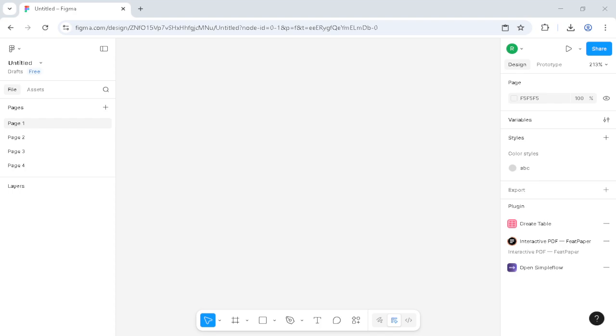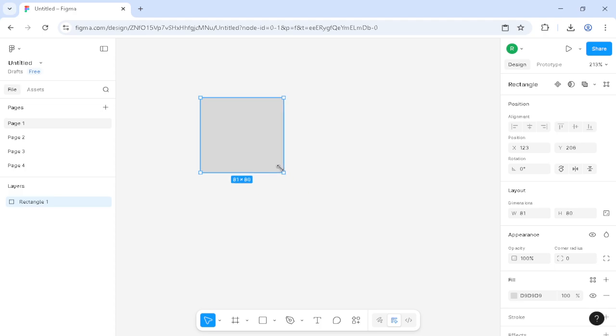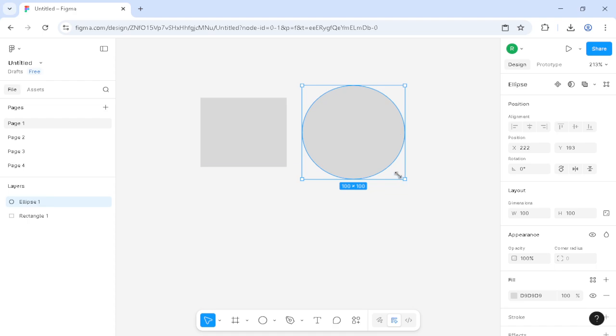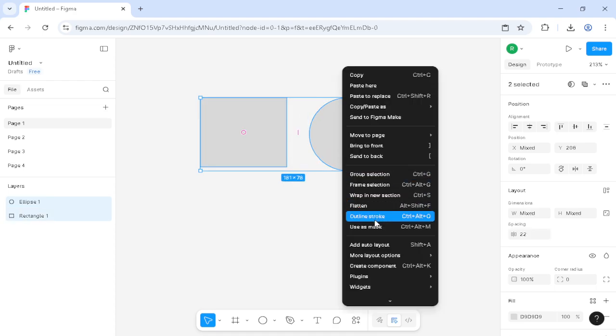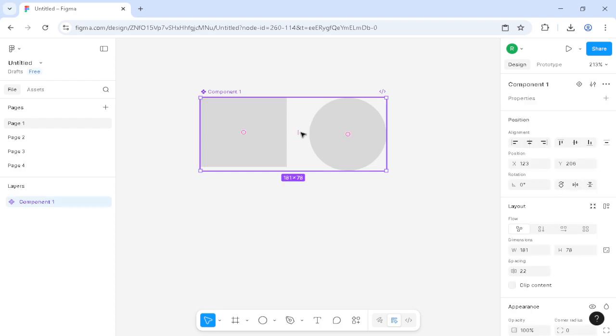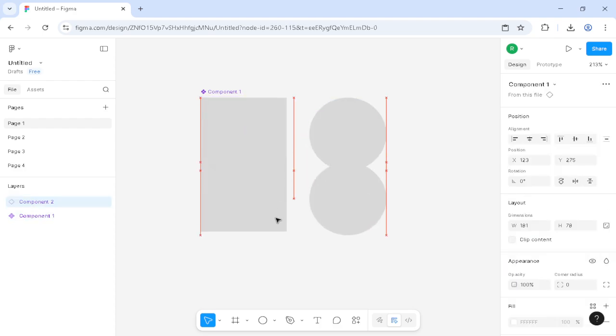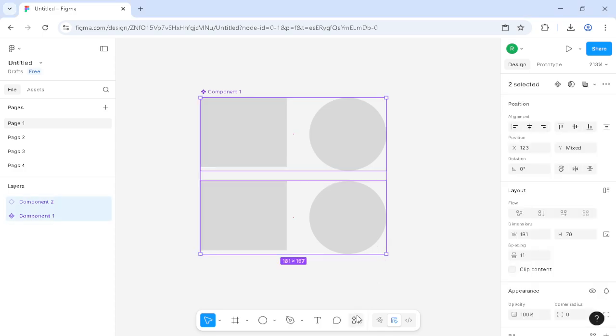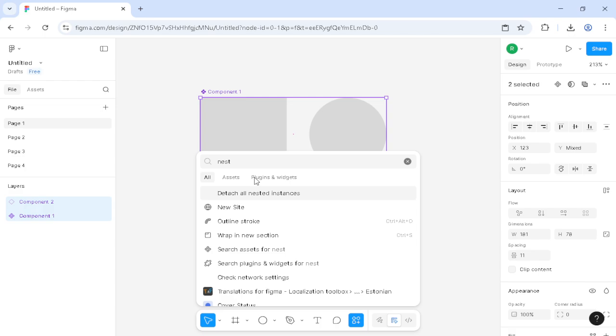You started to nest components, and what you're going to do is start to create a main component, which is really about to go with this square, for example, and then circle. Okay, now I'm going to start to make them together with a create component, and I'm going to copy and paste them again. Now, what I'm going to do to nest these components is take them together, Control A,